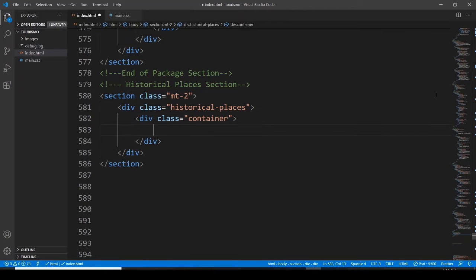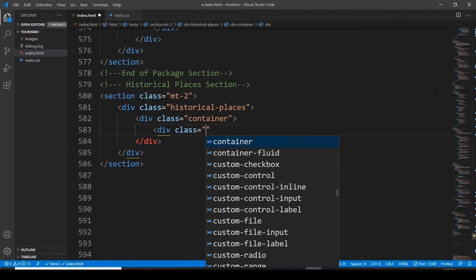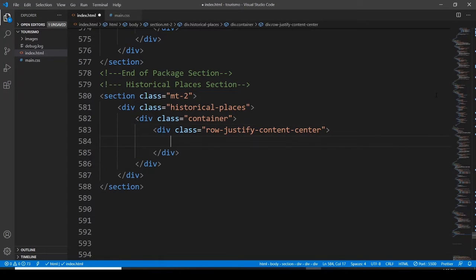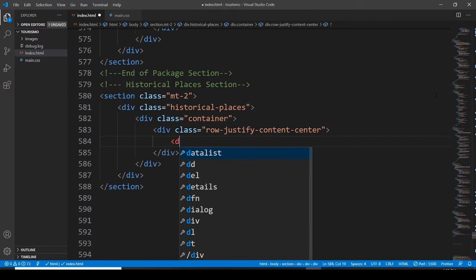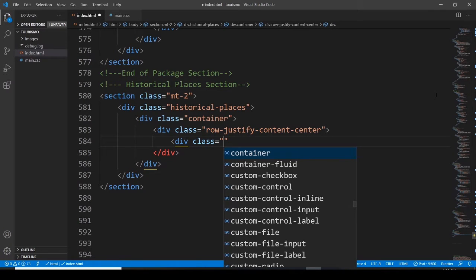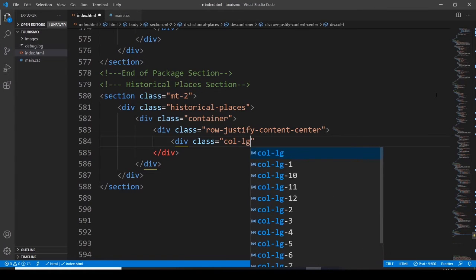And then after we have to go with another division, assigning it a class, and this class is going to be row and justify-content-center, and then after we like to have a division, assigning it a class, and this class is going to be column LG6,